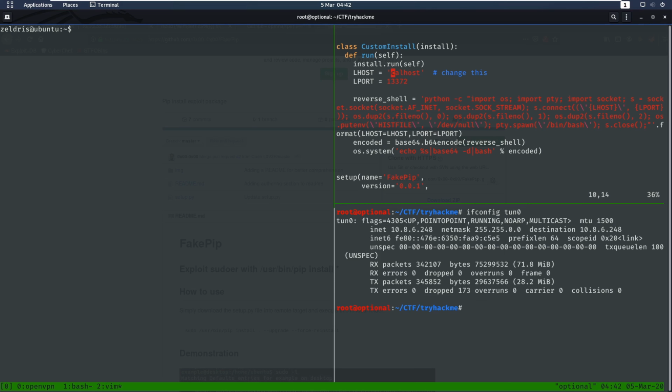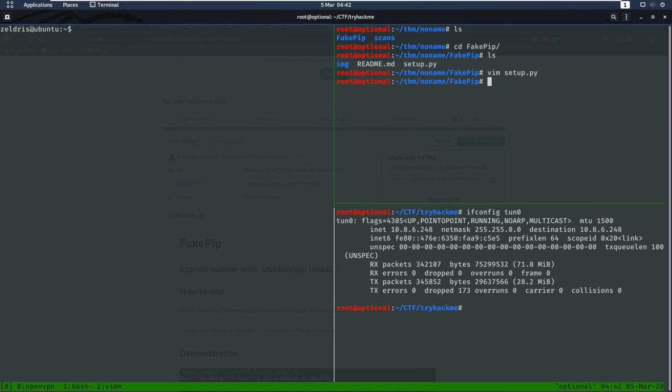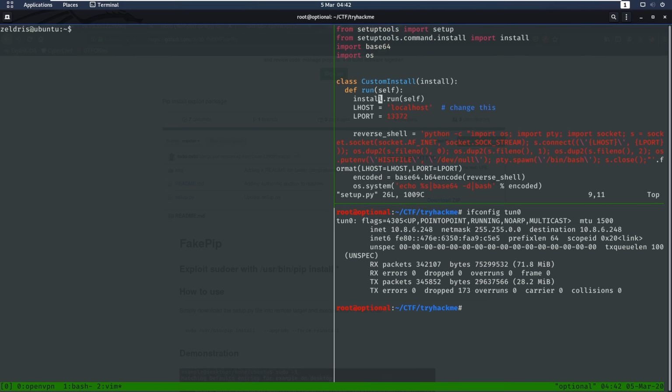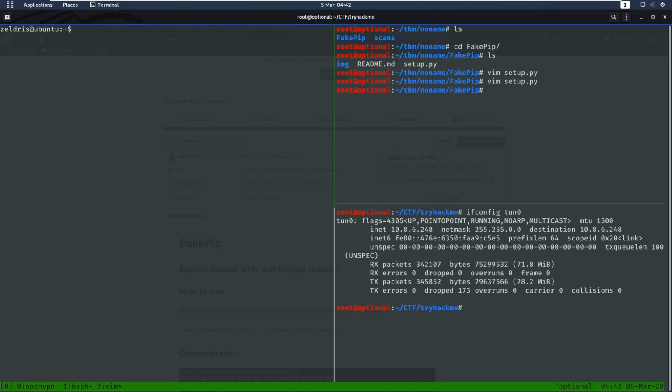We're going to change this to 10.8.6.248, and for simplicity, I don't like having this port, so we will change it to 1234. So that's that done. And then all we need to do is python -m, which is Python and make,